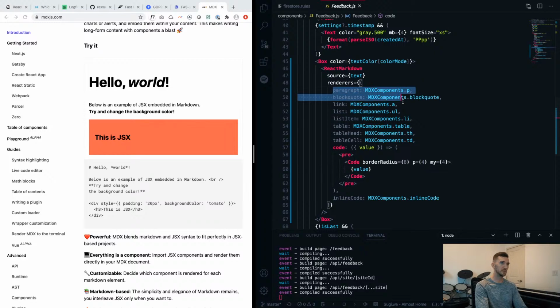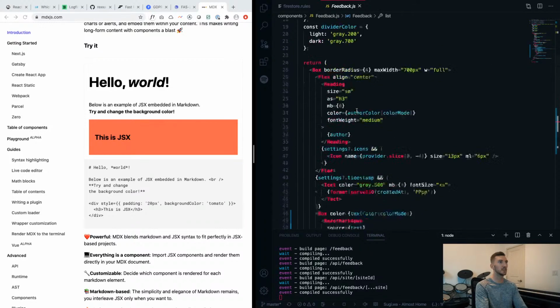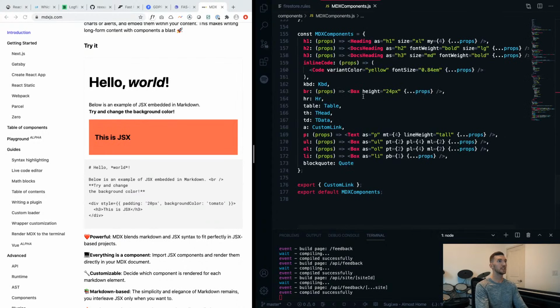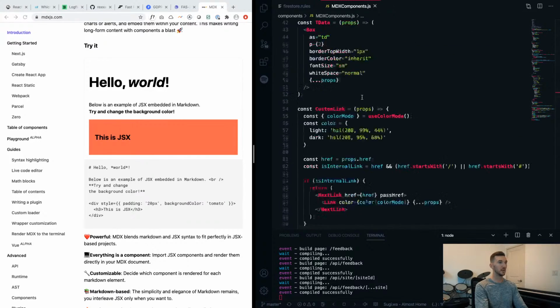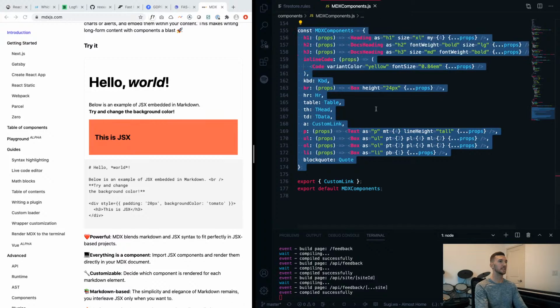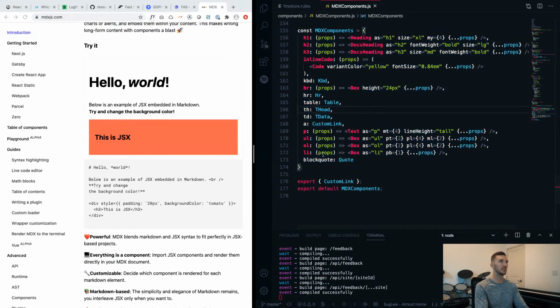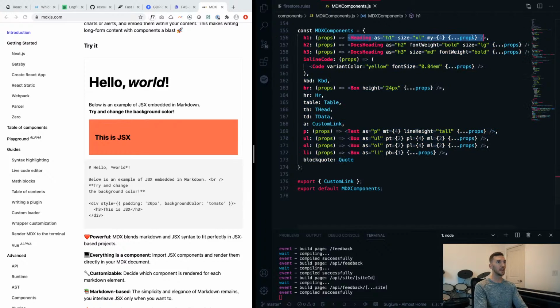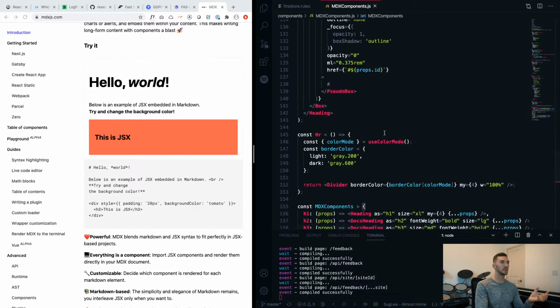And it transitions well, because you see here I have this MDX components, and this is in an MDX components file. And this is something that I basically copy pasted from my personal blog. All this is a bunch of Chakra UI components, all visual components that I'm exporting as an object. So the key is whatever we want to map that to: headings, tables, links, lists, all that kind of stuff. And then it takes in a React component, and these are basically all just slightly tweaked Chakra UI stock components